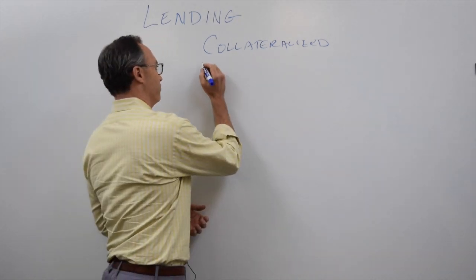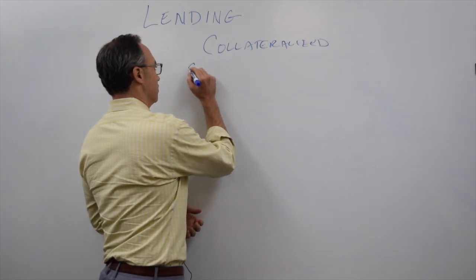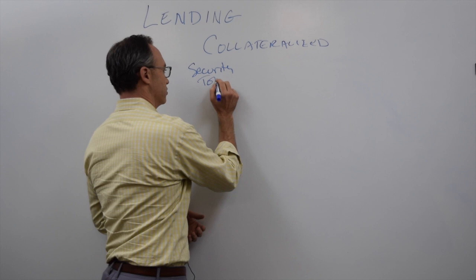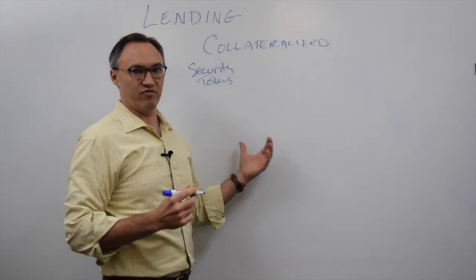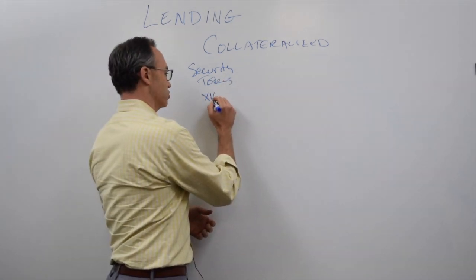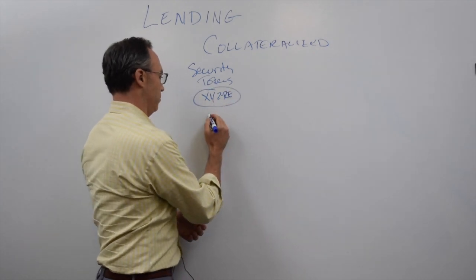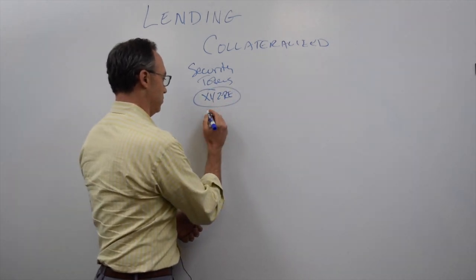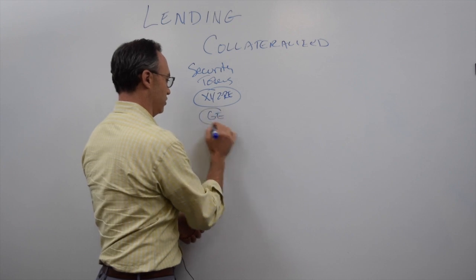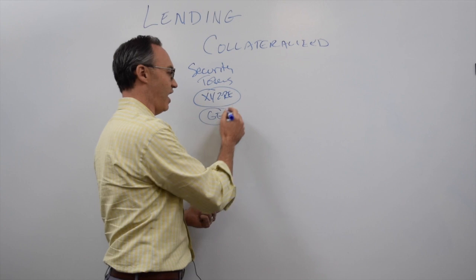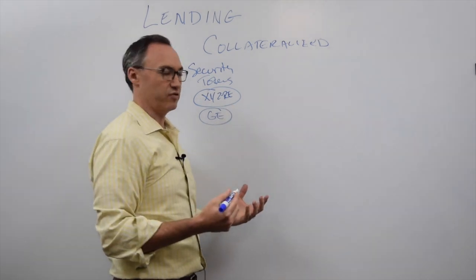What they're going to have potentially is security tokens. And I did another video about security tokens, but they might have investments, right? So they might have an XYZ real estate token. They might have, I've said GE stock potentially could be tokenized. They might have these assets that are sitting in a wallet, and they go, well, I want to get a